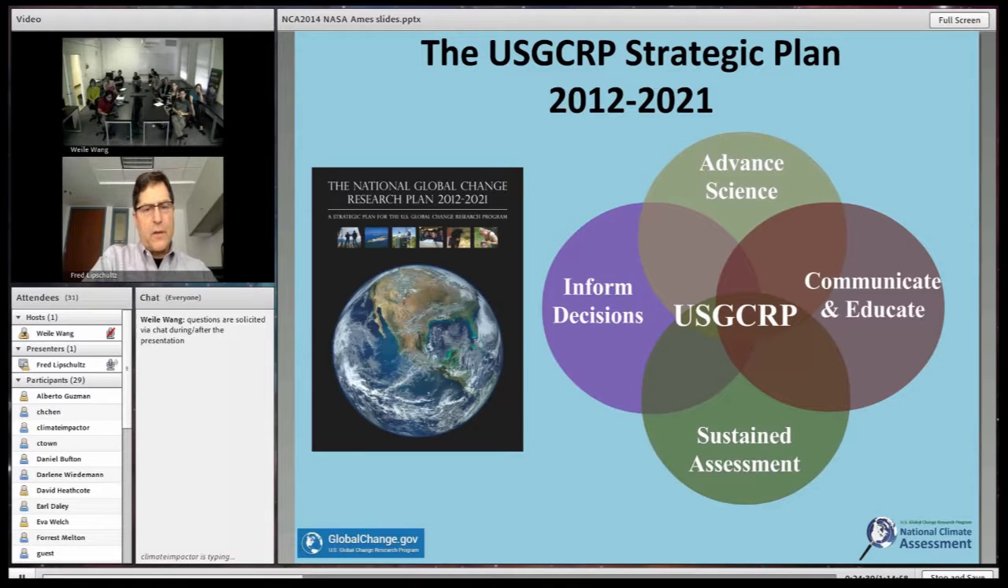But it also includes pillars such as informed decisions, which is to move the science, the basic research and science conducted across the federal agencies to help inform decision makers and become usable and useful science for decision support and adaptation and mitigation. The sustained assessment pillar is the one that promotes the report that we are talking about today